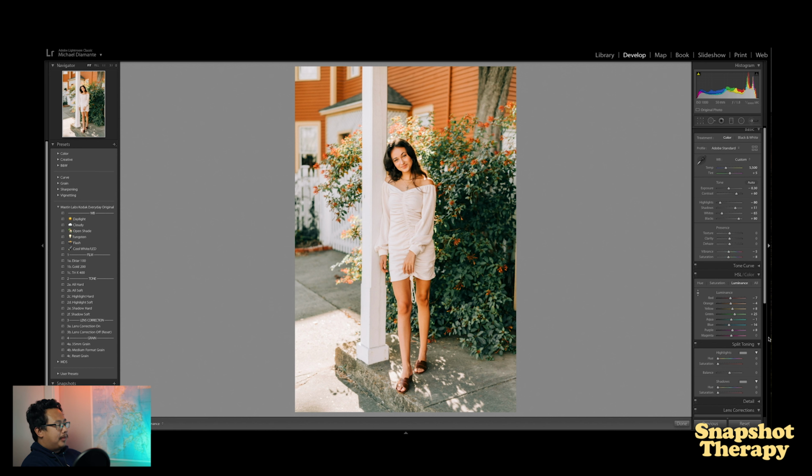And yeah, I think I like that. I usually add in split toning a little bit of yellows in the highlights. So I'll go closer to the yellows, but I don't want to add too much because I don't want to make the image too warm. And then I'm gonna go to shadows and also add. I like my shadows to be a little bit more orange. So I put a little bit right